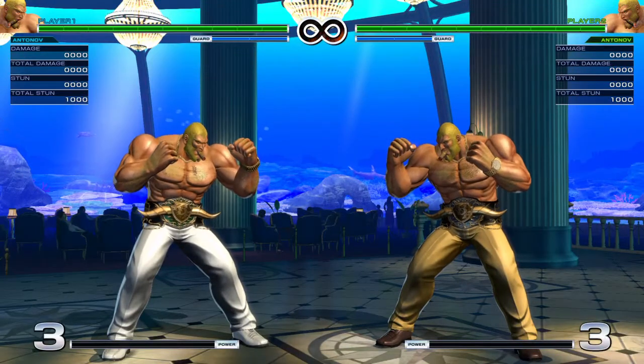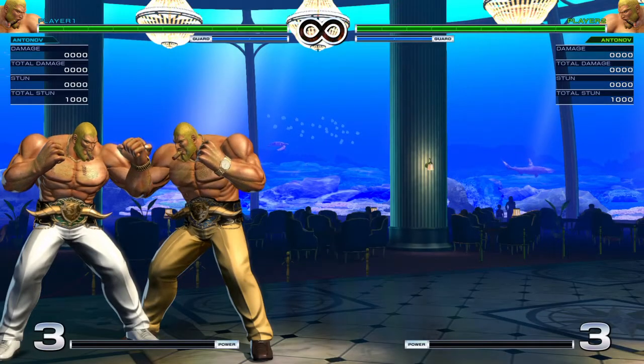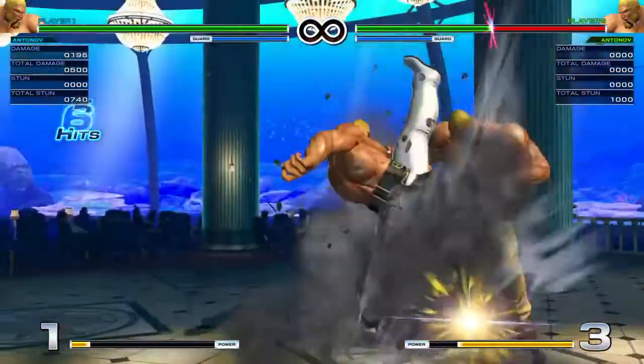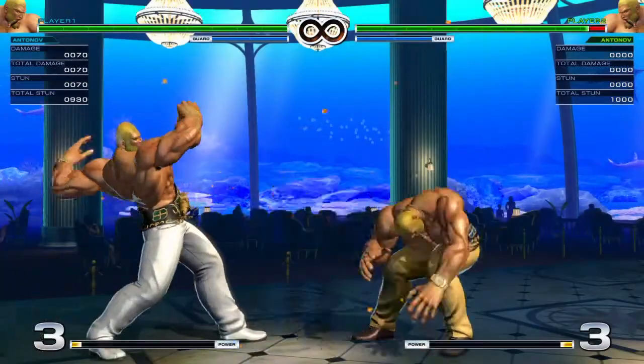Same with the EX version. So this means that he has finally a consistent mid-screen combo that doesn't require weird timing. So it's just this. You normal jump, just hold up, and when you land, you hit them with the launcher. If you are close enough, you can